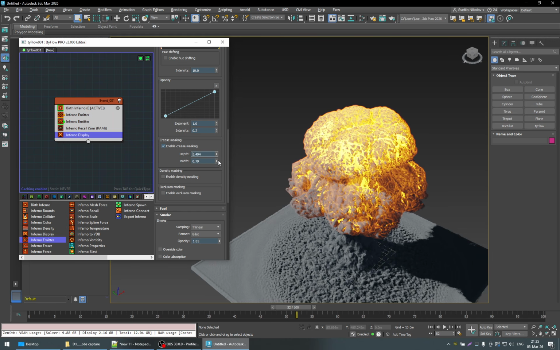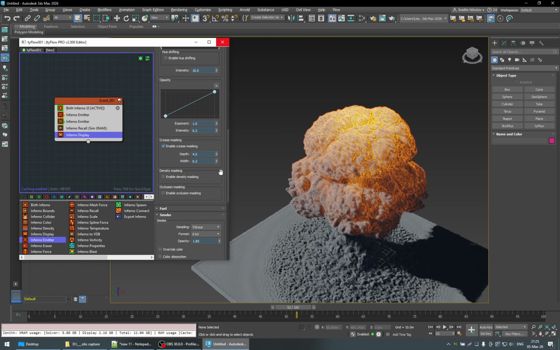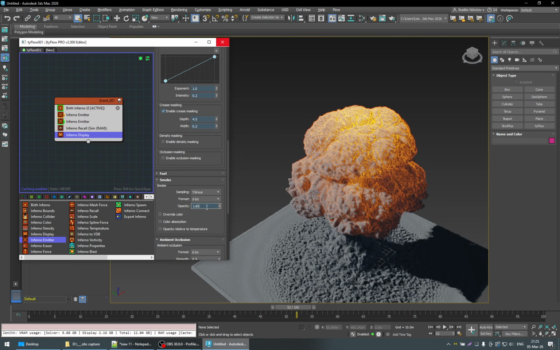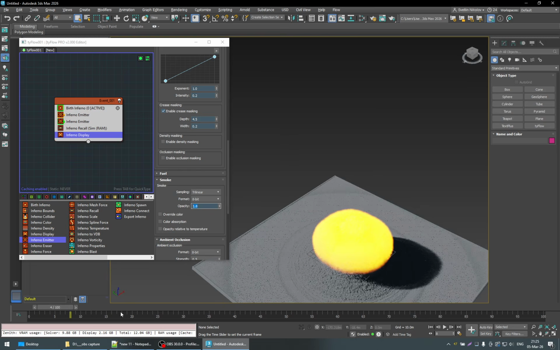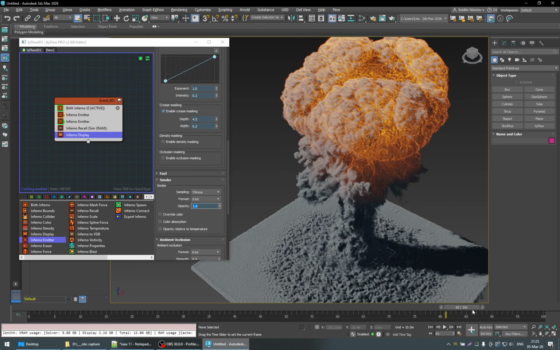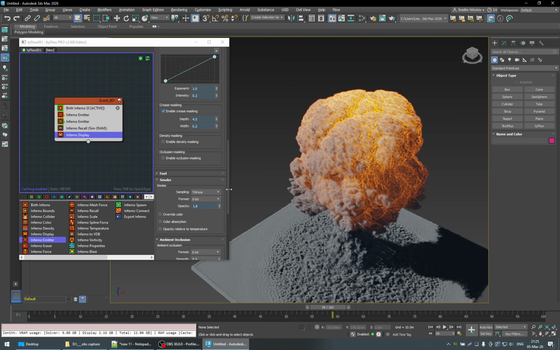So maybe I'm gonna raise it a bit like this, and it's a two-dimensional control. What were the values that I used here? I used depth of 4.5 in my original explosion, and the width was 0.2. So maybe that is, let's also try resetting the opacity to 0.8. Now it's actually way too mellow. How does the opacity